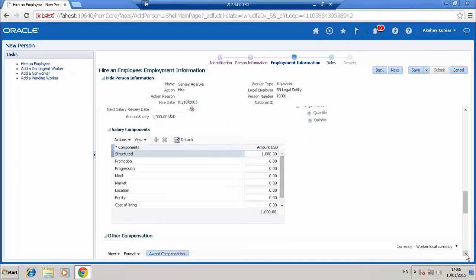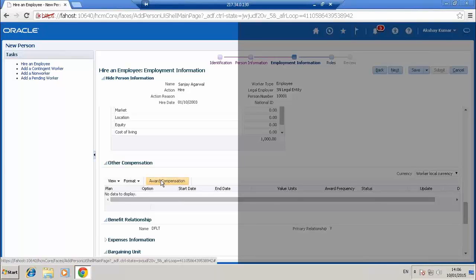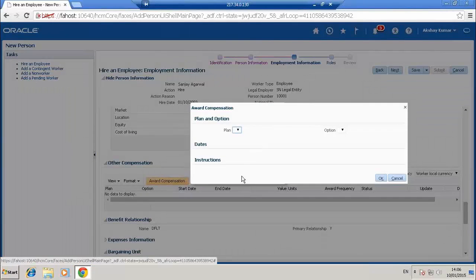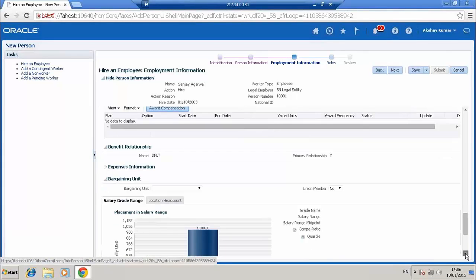And another thing here in the hiring page itself, and this is tomorrow's session anyhow. Here, about compensation, there is the individual compensation. Once you have it configured, you will be able to give any joining bonus or anything for the employee. Here is the plan where you will be selecting the individual plan, and these are the options available for individual plan. Once you select it, you can have the messages already configured for this. That way you will be able to give a joining bonus or anything for this employee. So this is kind of a spot bonus and all. So this is for the hiring page.